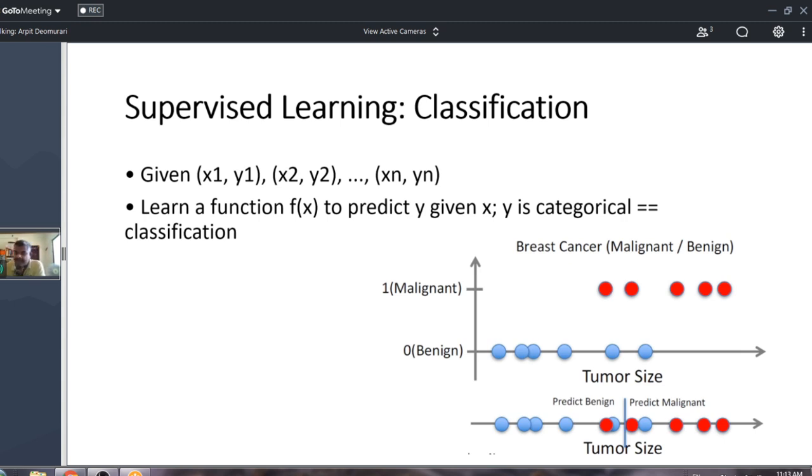You have a set of data, which is tumor size, categorized into malignant and benign. Up to a certain point, say in the middle, you can predict it's benign based on the tumor size. Normally it's 2 variables, but in real-life scenarios, I normally work with 100.